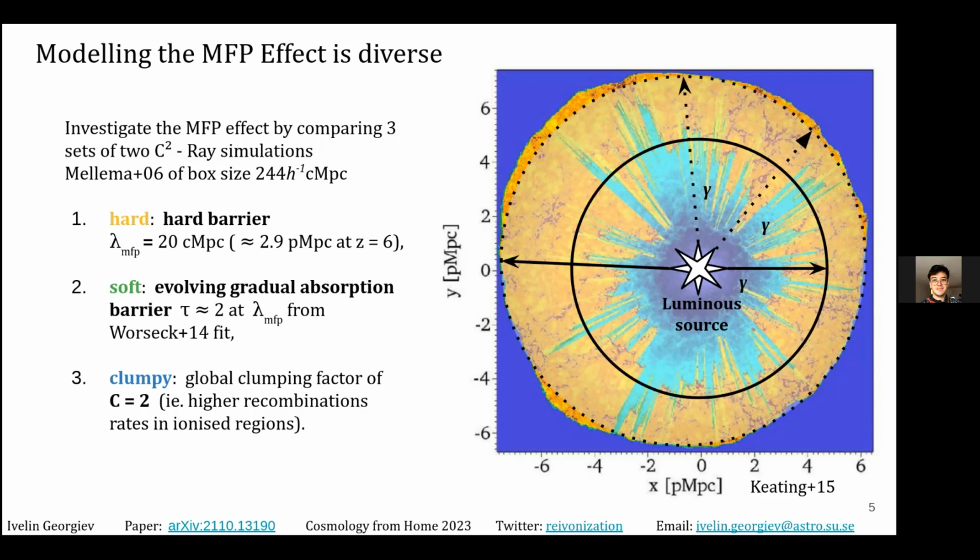Another way is number 2, which is the soft, where you can imagine we almost put a mist in the entire simulation. It's such that once a certain distance has been traversed by the ionizing photon, additional opacity has been accumulated such that the optical depth is equal to a tau of 2 at a given value. And we use this Worseck fit from 2014 based on quasar spectra.